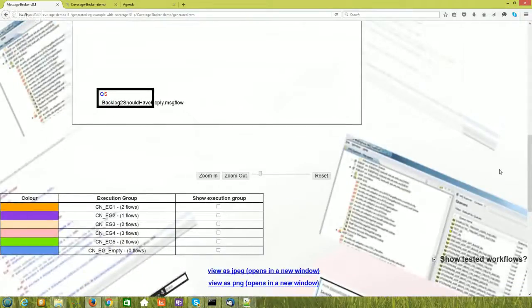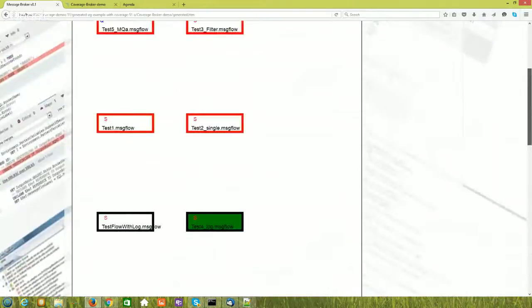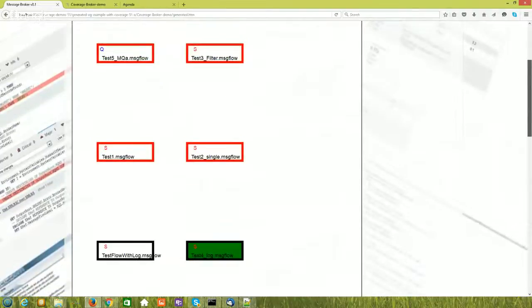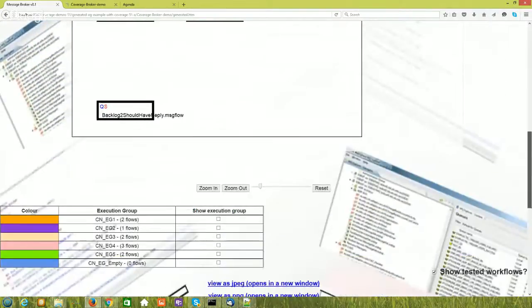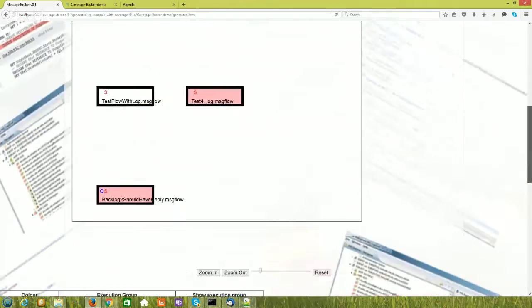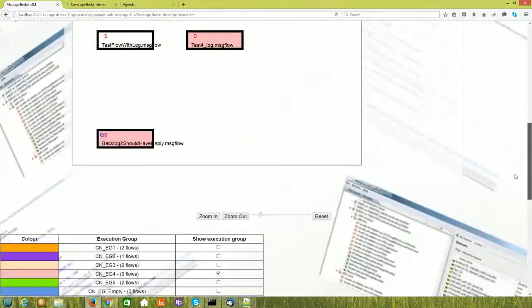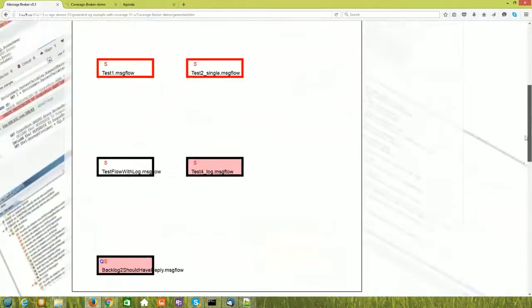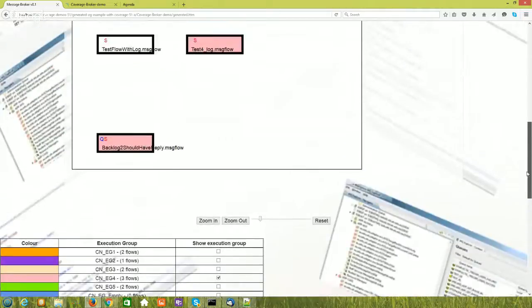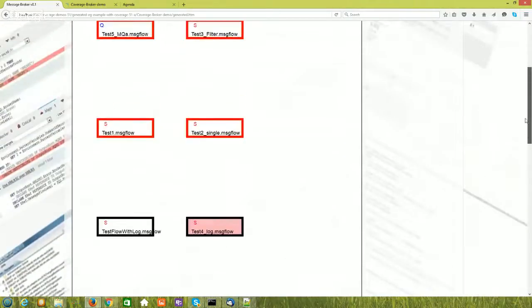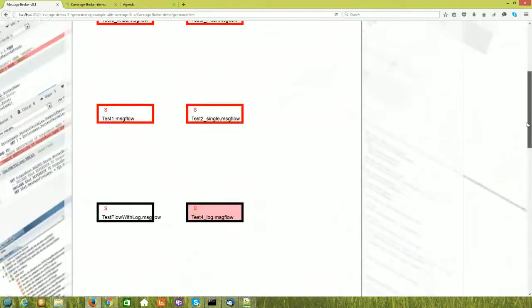As I said, it's a fairly contrived and simplistic diagram because it's only got 6 flows and they're not really interconnected. But this is just a demonstration to give you an idea of what it's capable of doing. So again we can see the execution group and the number of flows, and diagrammatically, when we click on the execution group, even though it's got 3 flows, it's highlighted the 2 flows it knows about, and there seems to be a third flow which isn't actually in our source